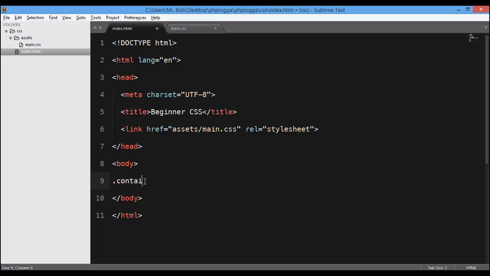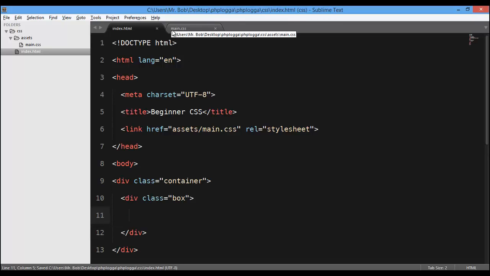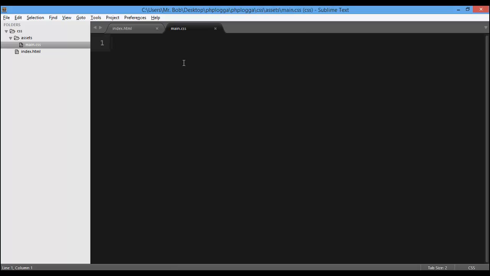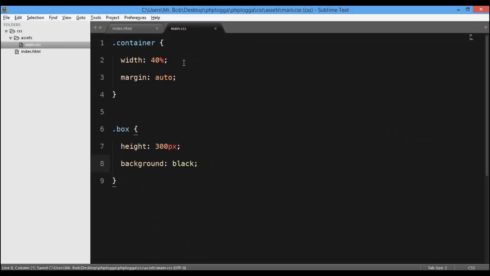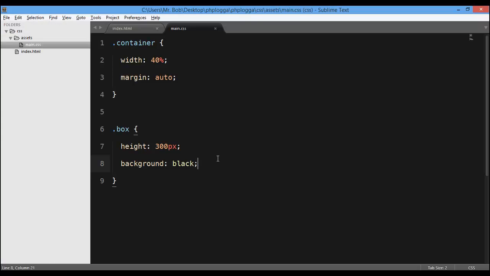So let's create the container and the box again. In main.css it is empty, but now you see it has a fill. I want to see in my browser what a gradient looks like inside. So let's create